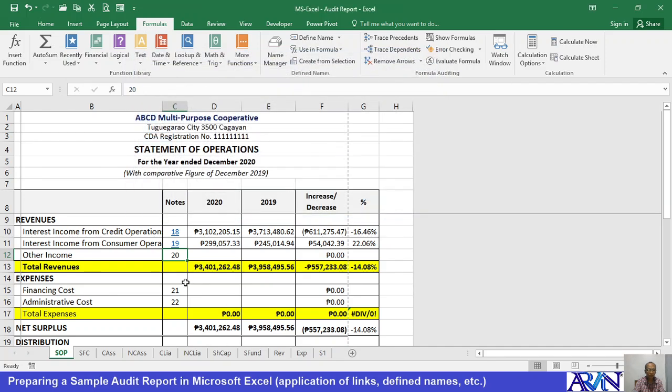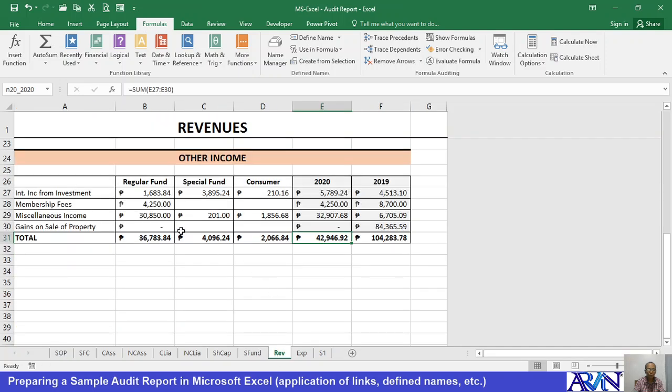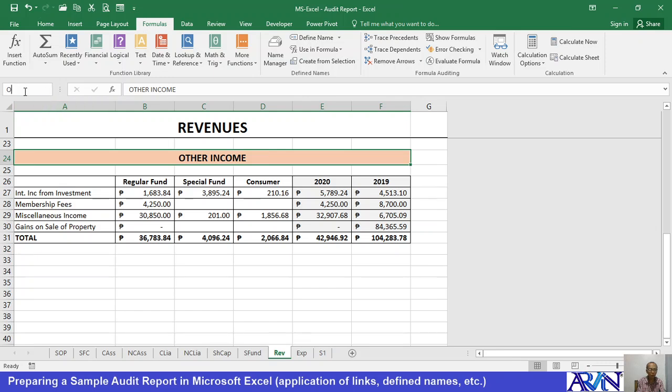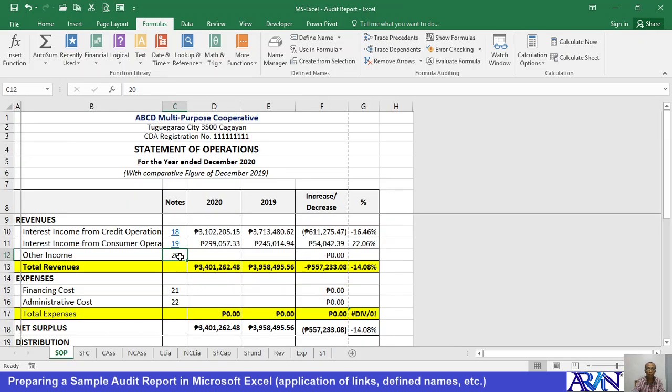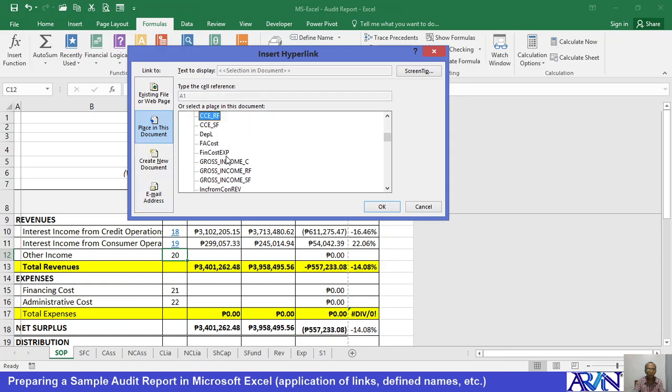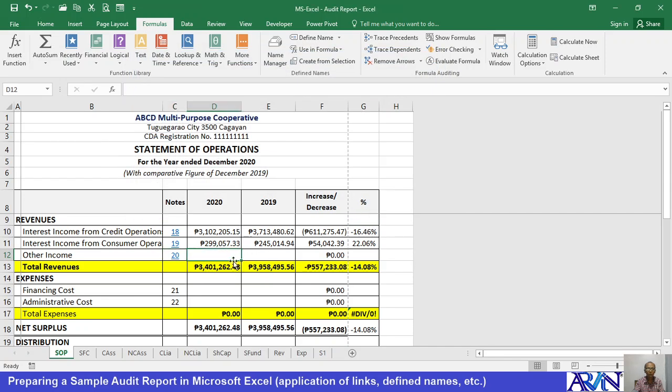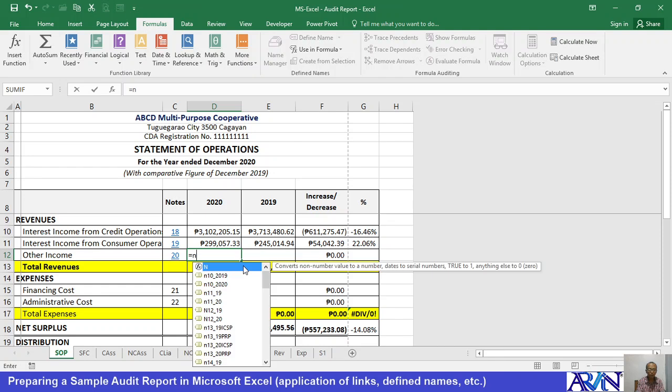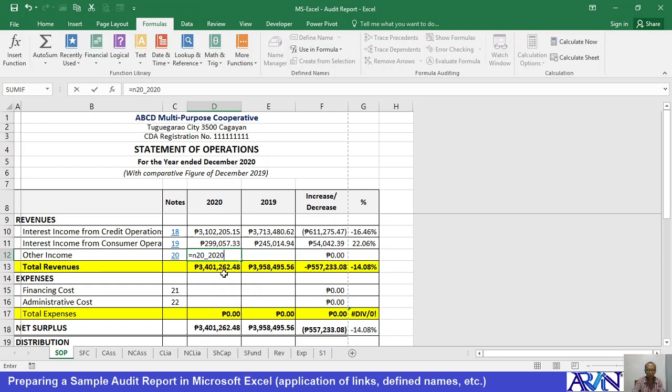What's the name of the other income here? Let us check on the revenue. We did not place a name yet, so we will change the name OTHIN. So under SOP, Control K, OTHIN. Then we will call the value here N20 for 2020 equals N19 2019